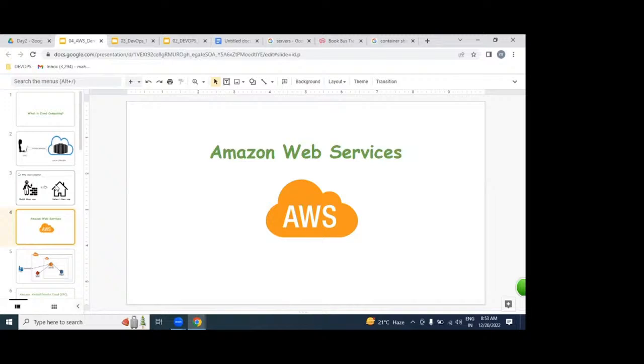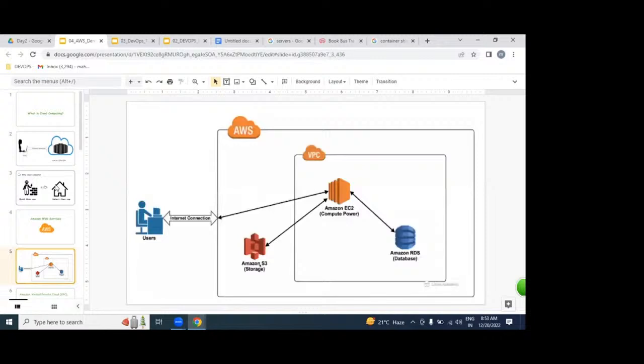In AWS, we're going to be learning these modules: VPC, EC2, RDS, and S3 modules. Each module will take minimum 2 weeks. Understood very clearly. Totally 7 weeks it will take to complete this diagram.